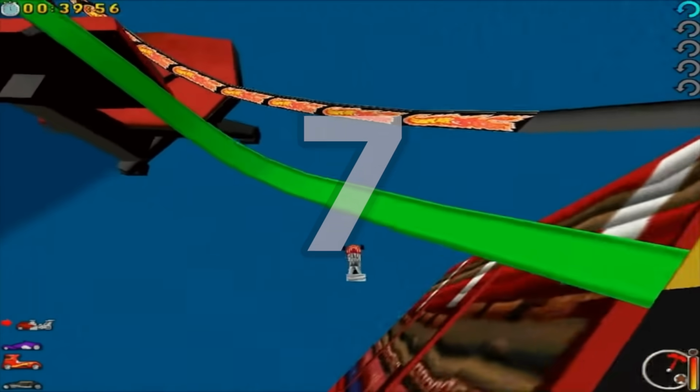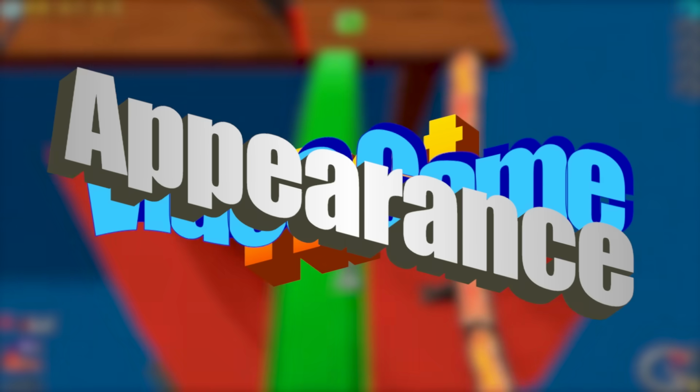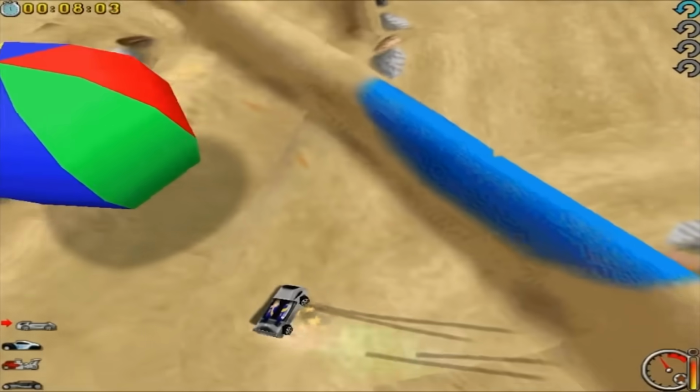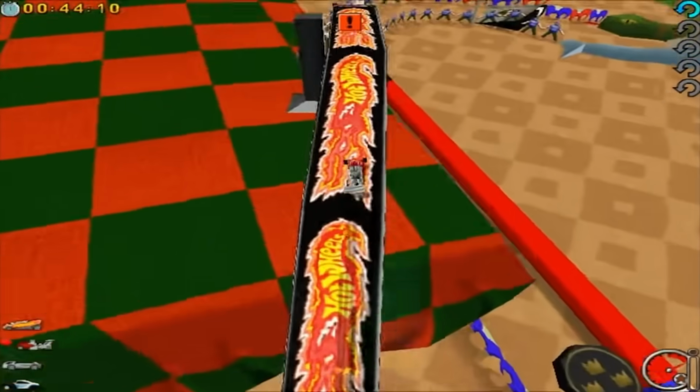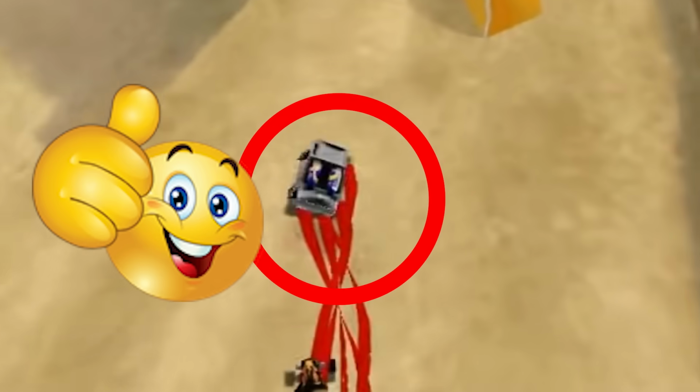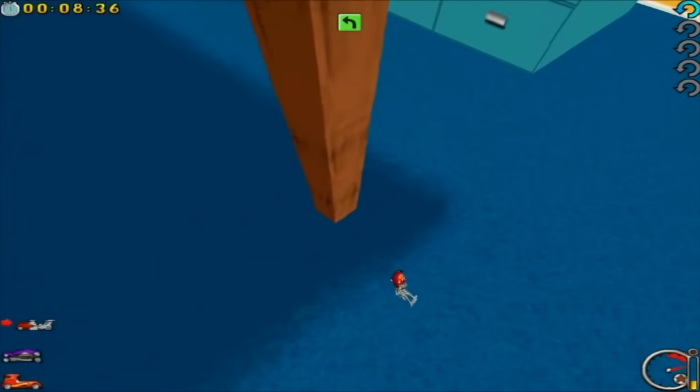With only 7 cars to choose from, including the first video game appearance of the fan favorite Deora 2, and only 3 tracks to race in, this game doesn't really have much content. It also goes back to the art style of being a small toy car racing on homemade tracks. Hey yo, funny flip check. Sheesh, look at it go! Also make sure not to fall off or else you...